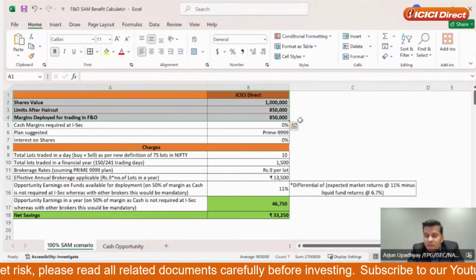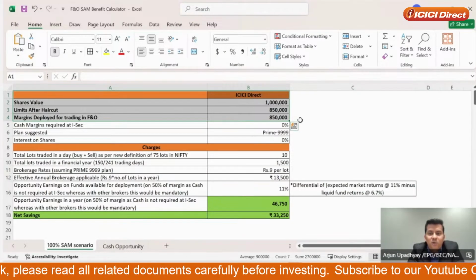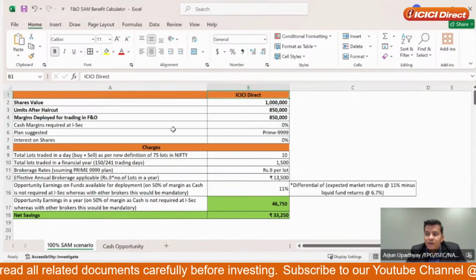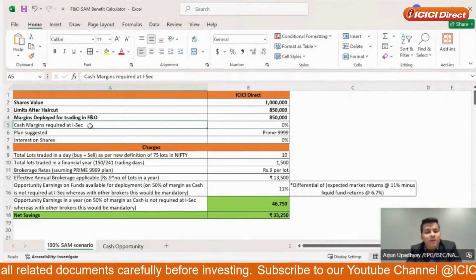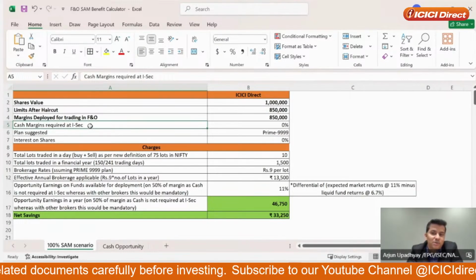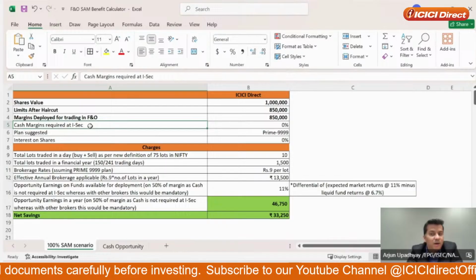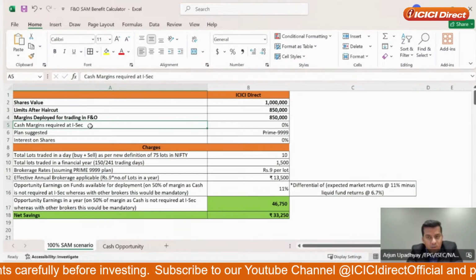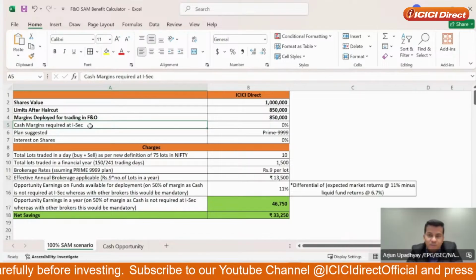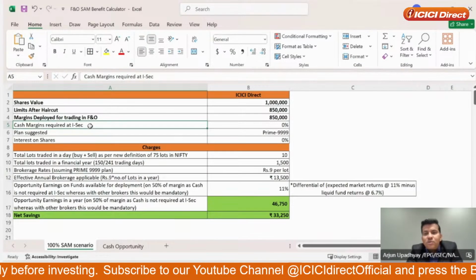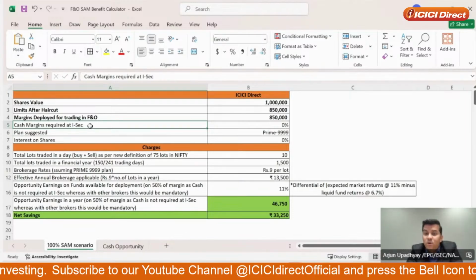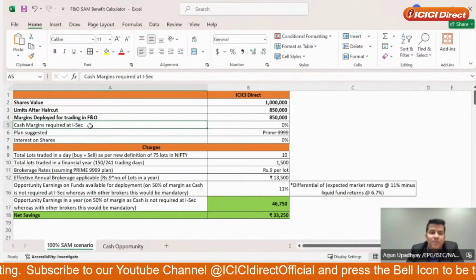So with that as the base, what does ICICI Direct offer to the customers? Our proposition on SAM is one of the strongest. Our proposition on SAM is that we will not take any cash from the customer. We actually put in the cash on behalf of the customer with the exchanges. So in the same example where you wanted to get into a trade of 8.5 lakh rupees, the cash that is needed from you is zero. So that cash then remains with you, right? And we'll come to the opportunity of that cash.